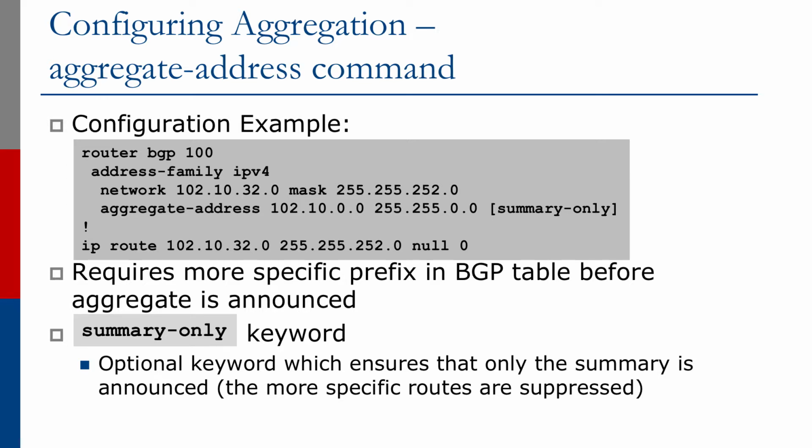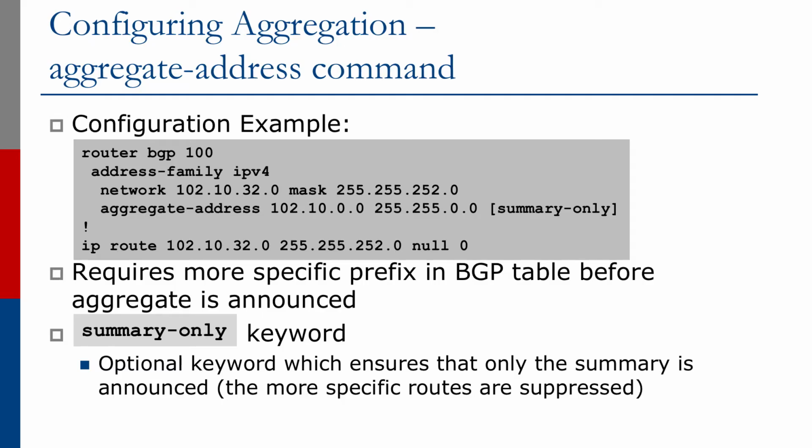Cisco IOS has this summary-only keyword, and other implementations have a similar concept. And that will only announce the aggregate. It suppresses the more specific routes. Again, you have to be kind of careful with that implementation, because if that subnet is a customer prefix connected to this router, for example, it could be that the customer subnet disappears from your backbone. So your other customers have no reachability to this particular one, simply because you've used the summary-only command. And so generally when you start looking at these two issues I've highlighted, I'm kind of nervous of even implementing the aggregate-address these days.